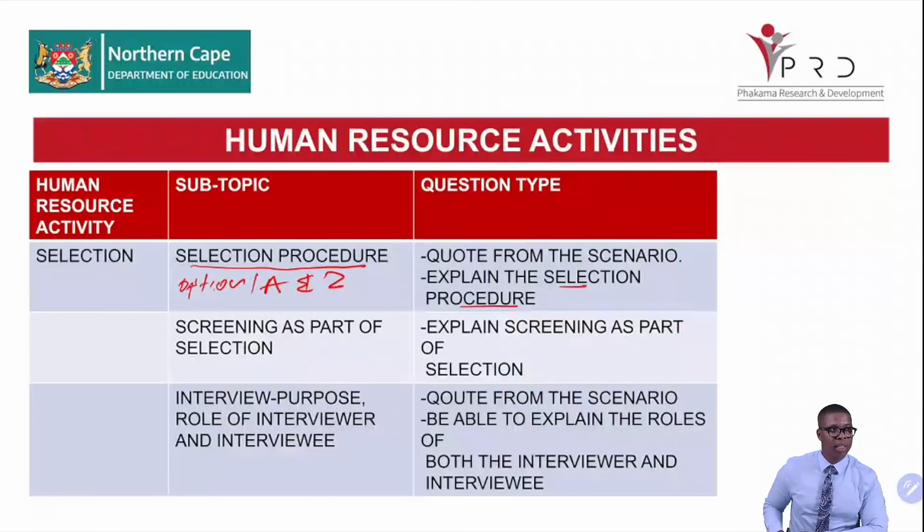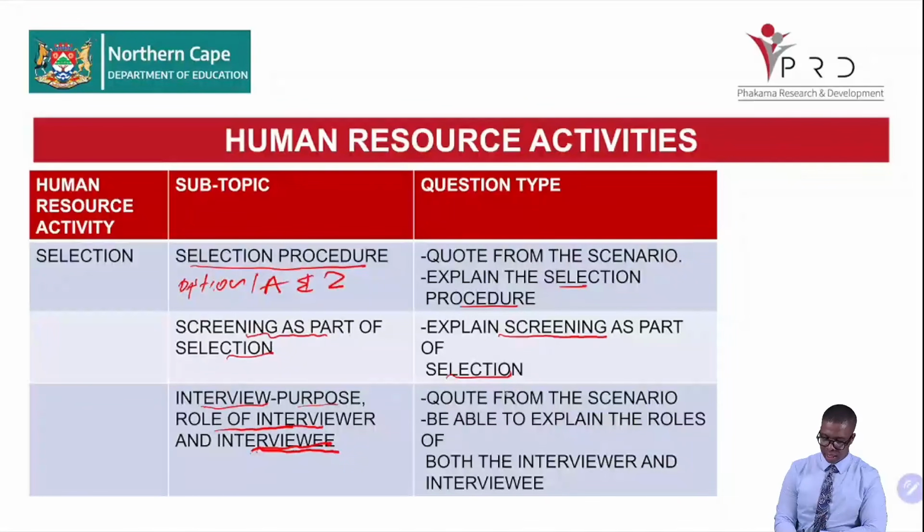Then we proceed and say, you also can get a question that says screening as part of selection. You need to know how to explain screening as part of selection. Then you might get a question on the interview where you are expected to know the purpose of the interview. You are expected to know the role of the interviewer and the role of the interviewee. Remember, the role of the interviewer would have a role before and would have a role during the interview. But the interviewee would have a role during the